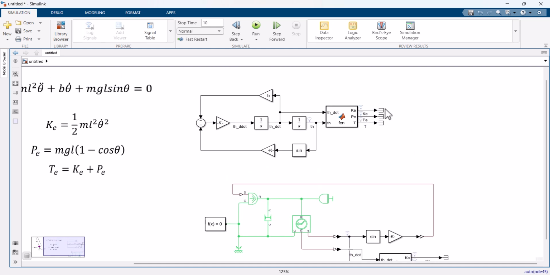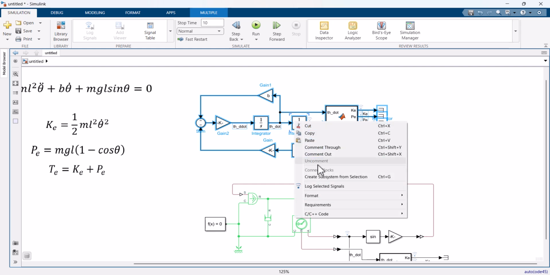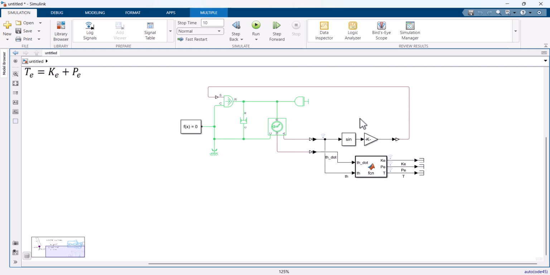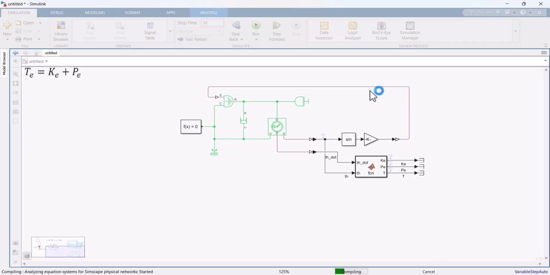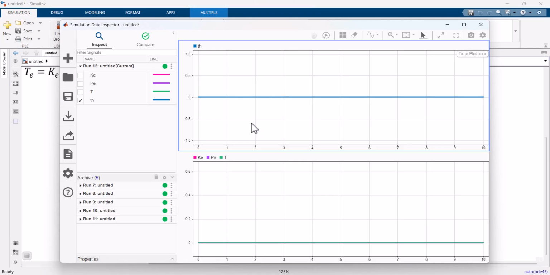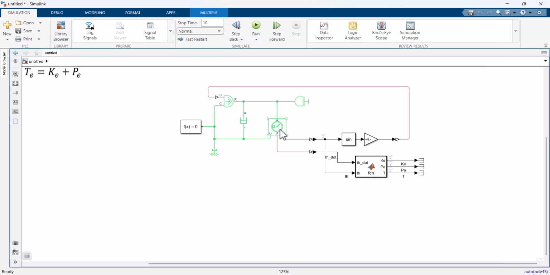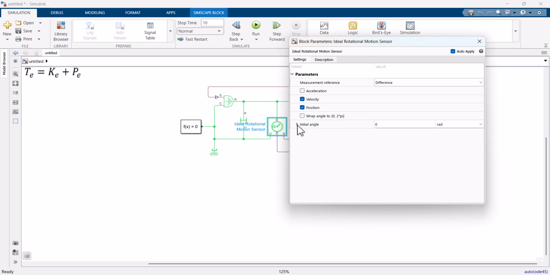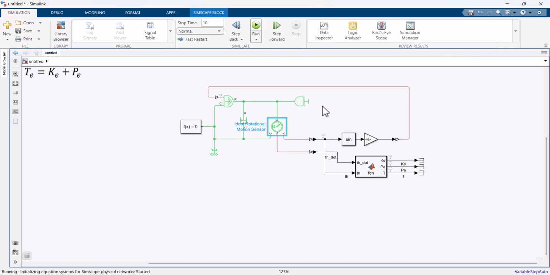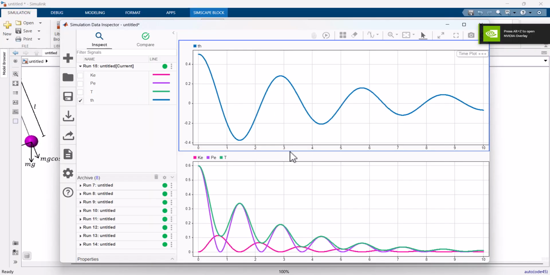Okay, let me comment these out so that we only have this thing. Okay, that's it. So in the data inspector, we are seeing a flat line because we haven't given any initial angle to our pendulum. For initial angle, we can go to this ideal motion sensor and change the initial angle over here. So I can type in once again 0.5 radians and now run it once again. Okay, so in data inspector, we can see the oscillations, but